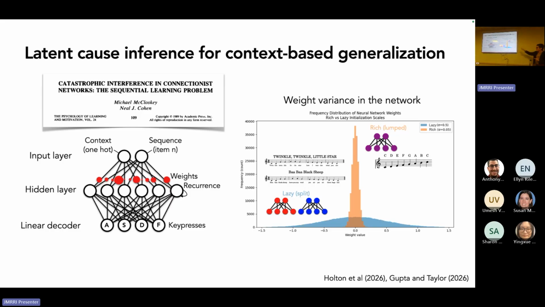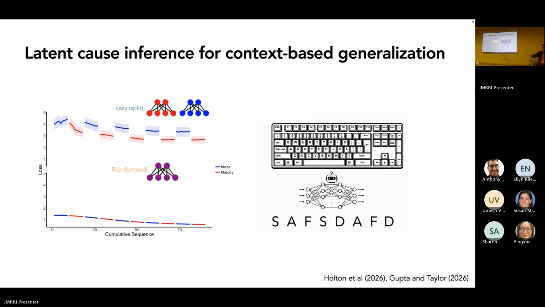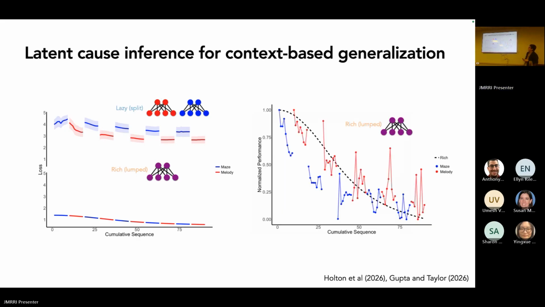So there are two kinds of ways here. If you set up the initialization of this network with either broad weights, more variance, or narrow variance, then you can get these kinds of splits. In the lazy network, this is like learning the sequence task. You get this split if you set it up with a really broad weight distribution. If you get narrow, it will create one kind of learning function. And we can take this and compare it to what humans did. We have the neural network learn to produce this, and it's given basically two contexts with a one-hot content component.